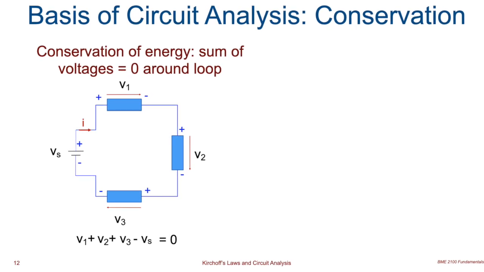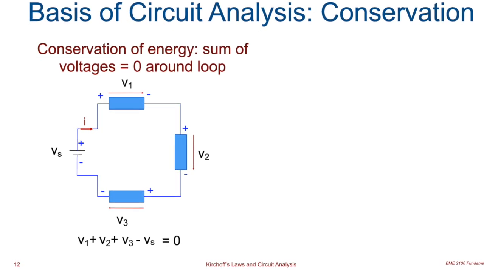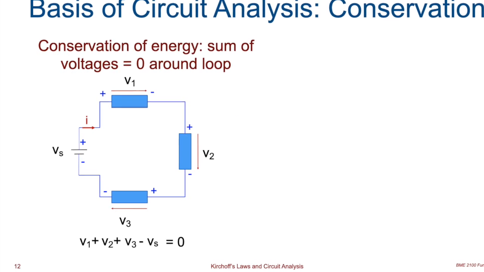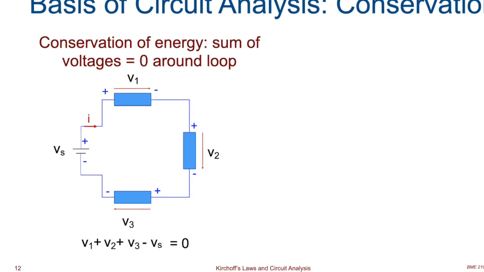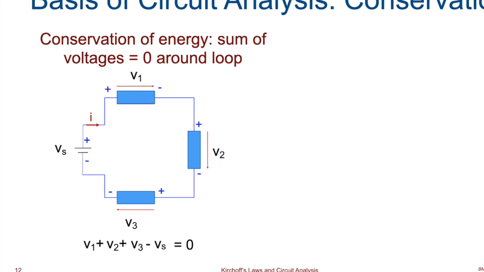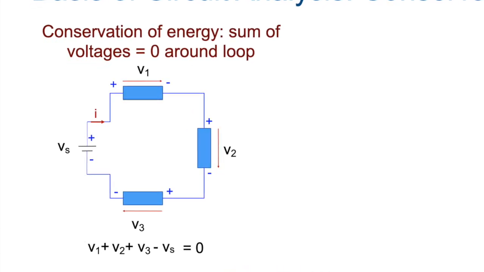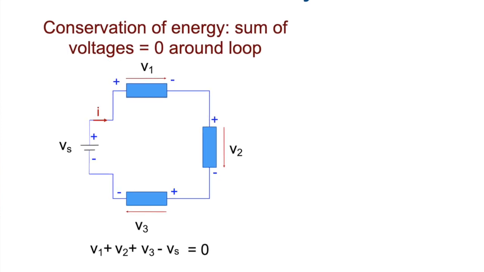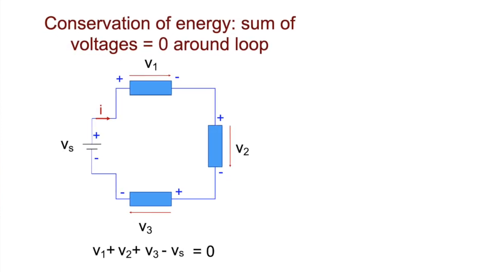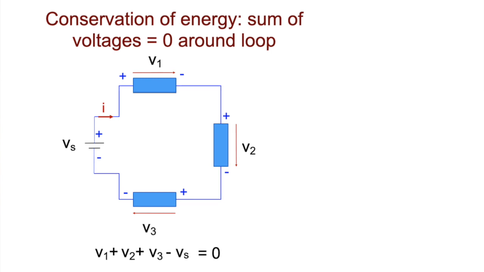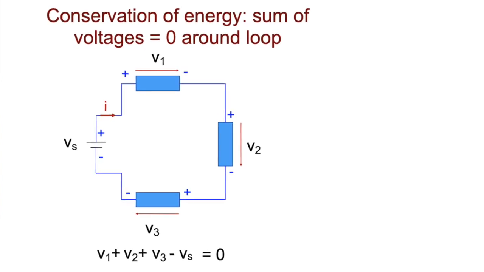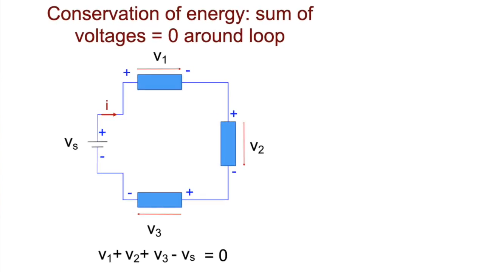It's the source of potential energy. And then the current flows downhill from there, achieving something vaguely like kinetic energy. Oh, that's not maybe a perfect analog, but it certainly generates current flow. So we have the power supply, and across each one of those resistors, there's a little drop in voltage. And if you add up all those drops, V1, V2, V3, together with Vs, that has to equal